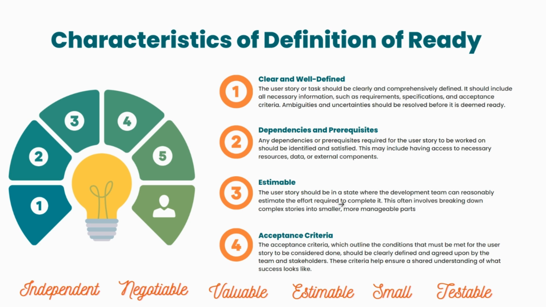Then valuable, whatever story we are talking about should add some value or should add increment when the done is completed. Estimable, if we have the information available, then we should be able to estimate the story, and if we see that the size of the story is going beyond the cycle of the sprint, then we have to break down the story into smaller pieces, and we should be able to estimate it. Small means it has to be lesser than the size of the sprint, and if it goes bigger, then again the resizing has to be done and should cut down to a smaller story.